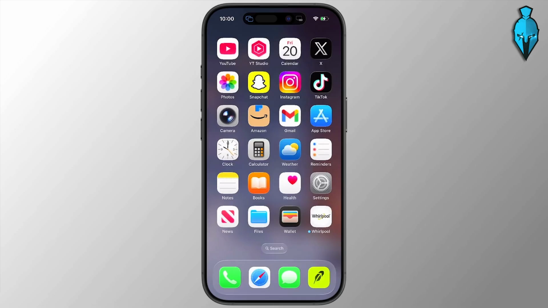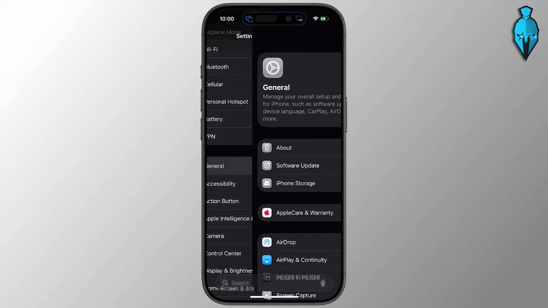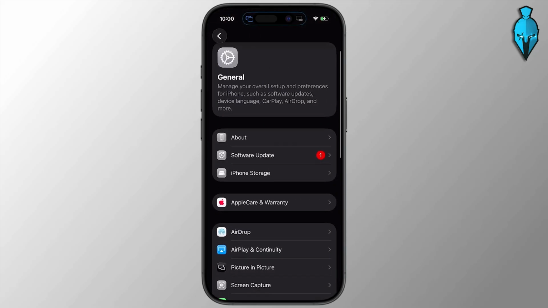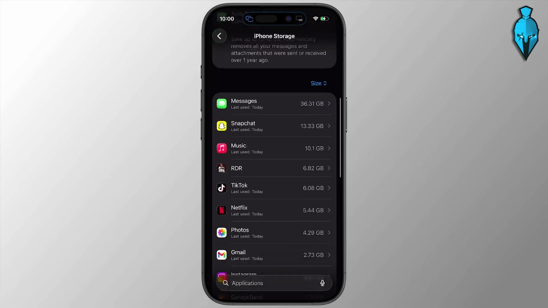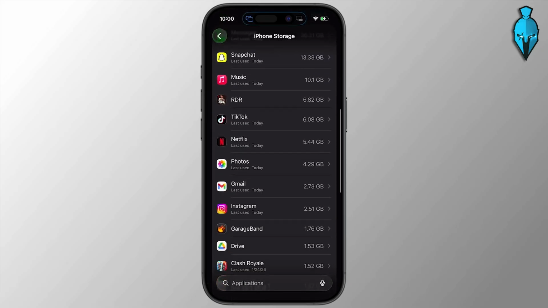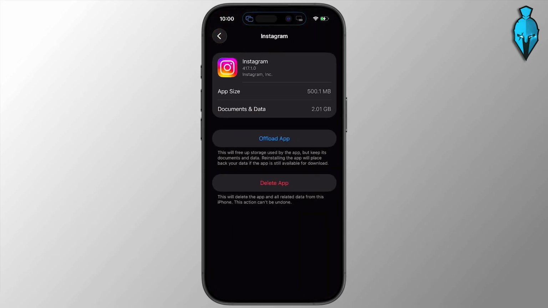If it's still slow, what we're going to do is open up Settings and then scroll down to the General tab right here and open that up. From here, scroll down a little bit more, hit iPhone Storage and scroll down even more until you see Instagram on here. It shouldn't be too far down, but as you can see, Instagram is currently taking up 2.51 gigabytes right here. So what you're going to want to do is select Instagram,